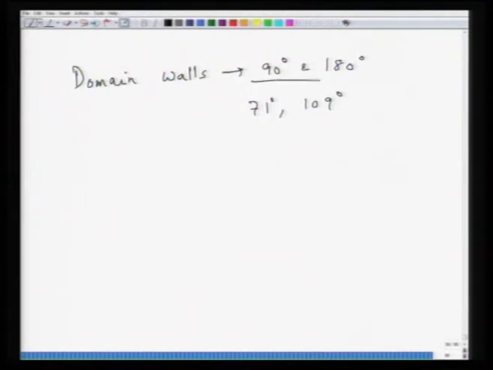You can have domain walls of 90 degree and 180 degree. You can also have domain walls of the order of 71 degree and 109 degrees. Now, the angle of the domain wall that you will get in a given crystal will depend upon the crystal structure. So, for instance, a tetragonal material